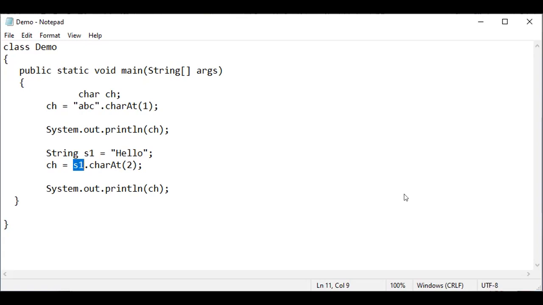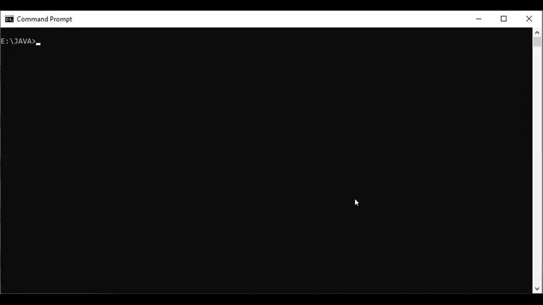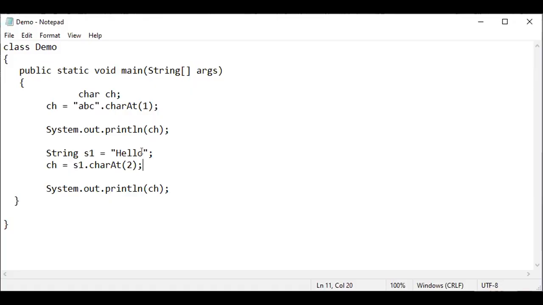Go to the command prompt and compile this one first as the demo file, and it returns B and it returns L. In this abc, index 1: the character A has index 0, B has index 1.